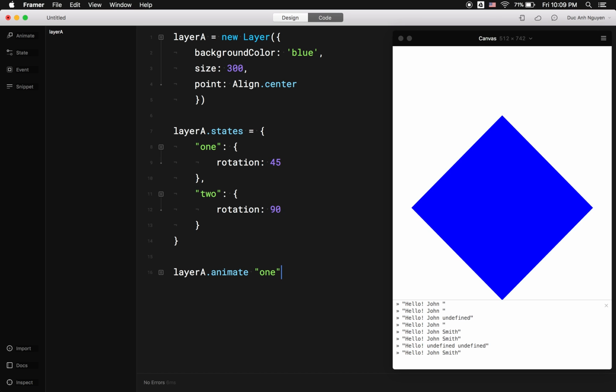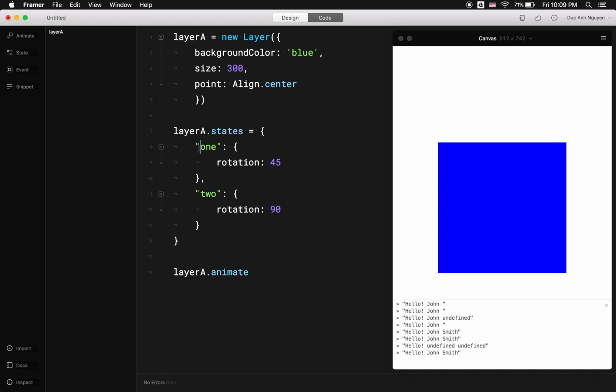And note that you're actually passing in a string, and Framer is being smart and automatically looks in the states for the key of that name. You're not really passing in this object, you're just passing in a string, and Framer looks it up in the states for that one. Anyhow, so yeah, I think when we switch to JavaScript, it's pretty much how you're going to write states,